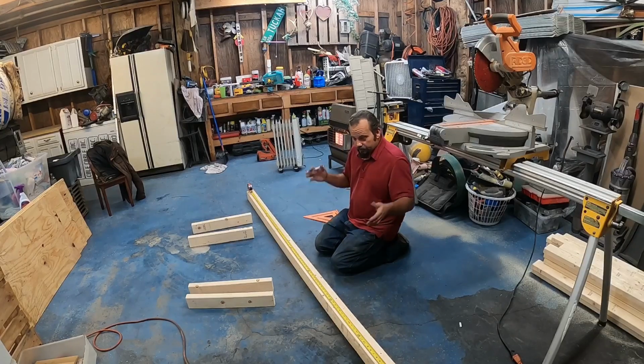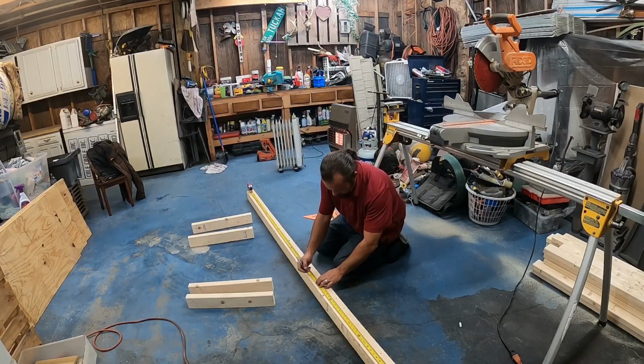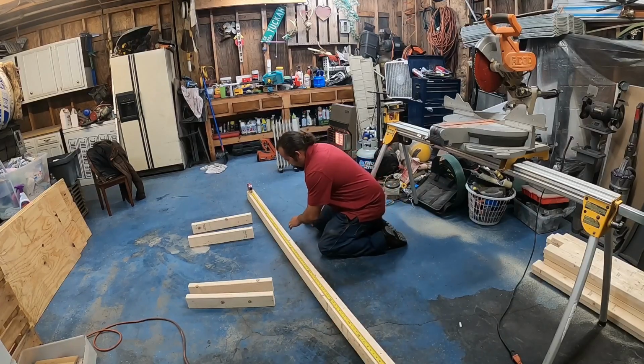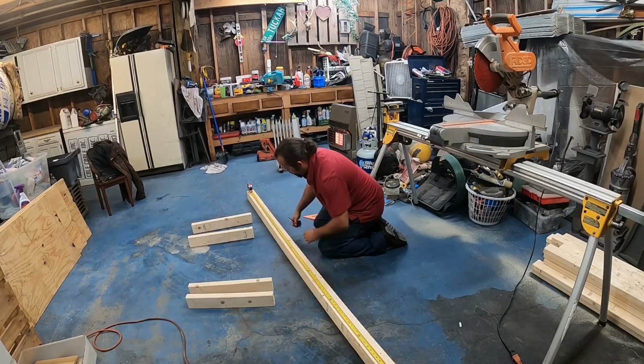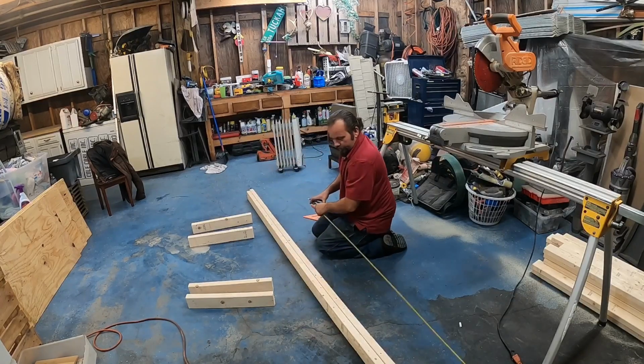So if you want to get technical, 2 by 4s are 1.5 inches, so you can go basically 3/4 of an inch and make a mark there, and then put an X right next to it. So that's the edge of your 2 by 4. And I'm going to do the same on this one. So I make my mark, and then I'll put an X. That's where your 2 by 4 is going to go. Now that we've got that 2 by 4 marked,